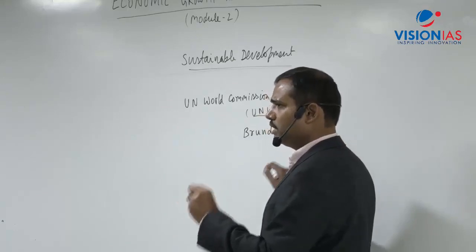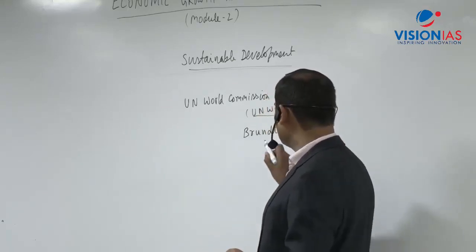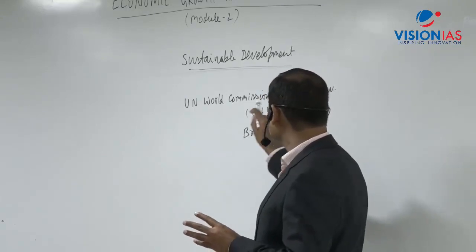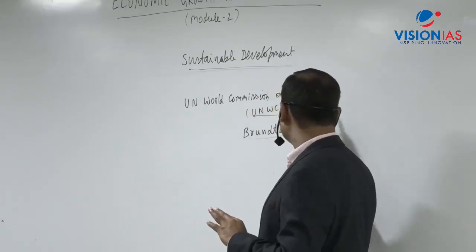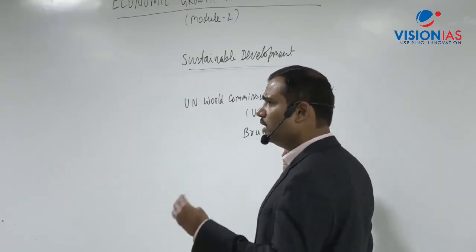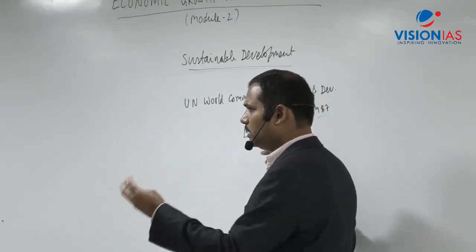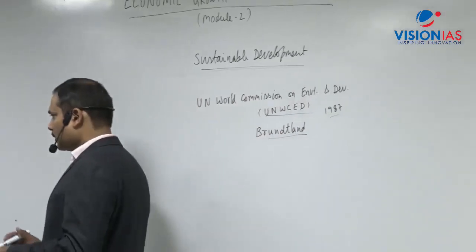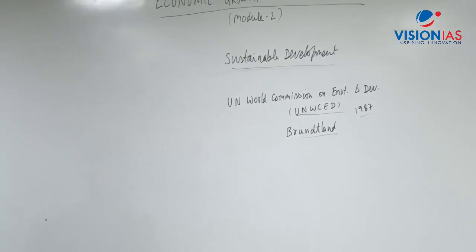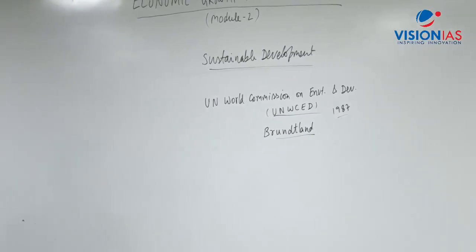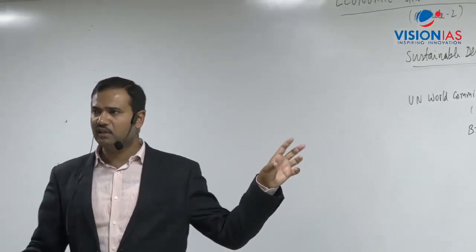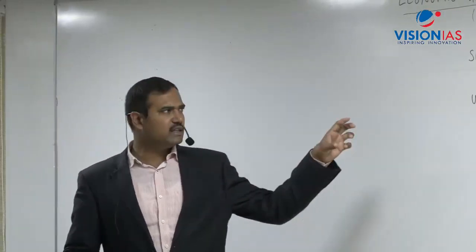So how did this commission define sustainable development? It may be called the Brundtland Commission, the UN World Commission on Environment and Development. It gave the definition in this year and published a paper called Our Common Future. In that, this definition was given. So mention that it defined SD as,